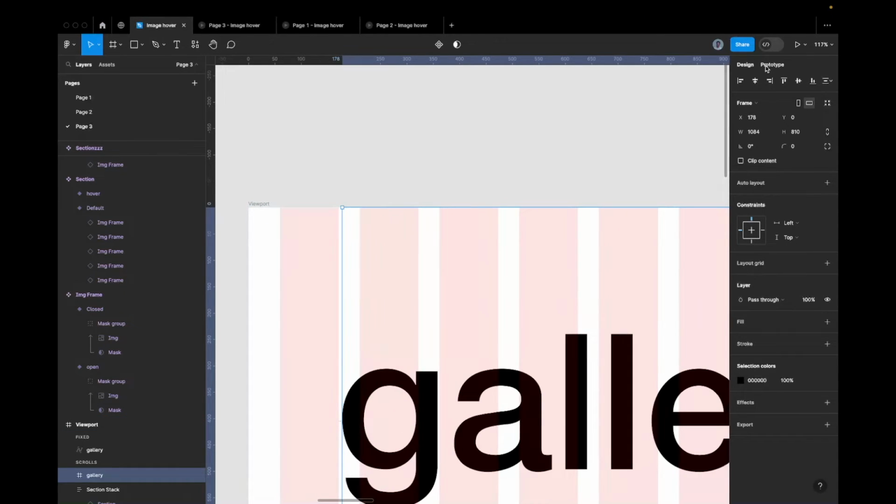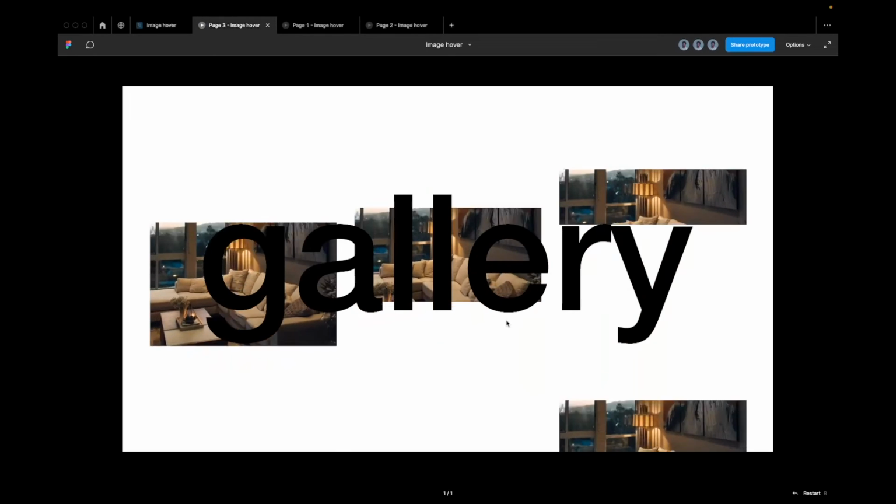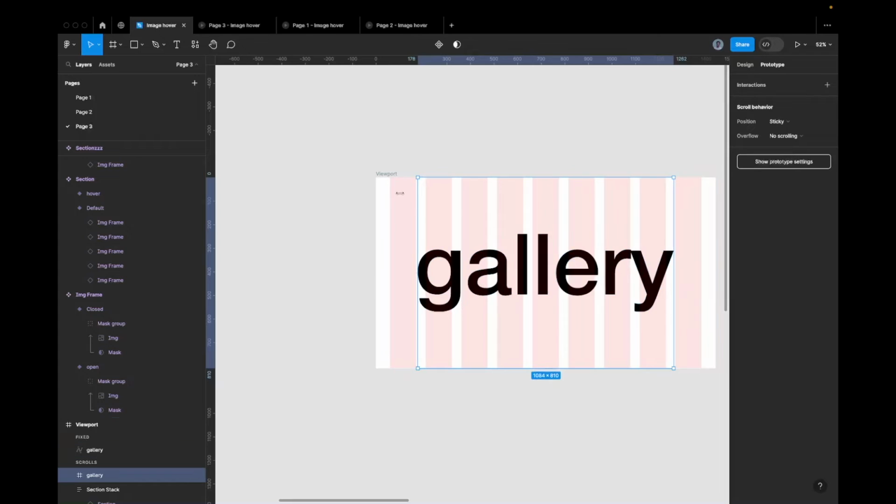I'm going to go to prototype and set the scrolling position to sticky. So like this now, it's not going to scroll because ideally the height of the frame is already the full height of the viewport. So there's nowhere for it to scroll up. So it's already sticky as it is. But what sticky allows me to do is move the